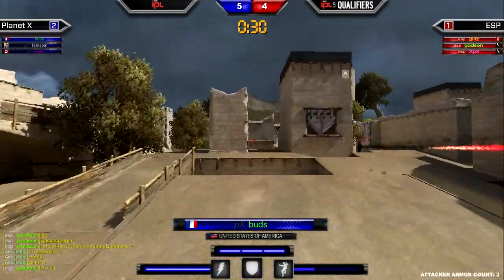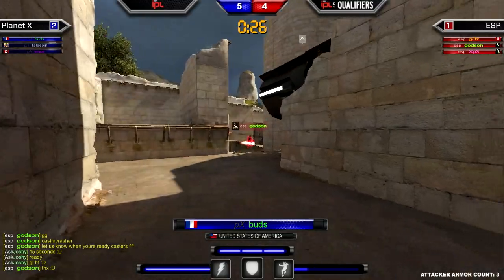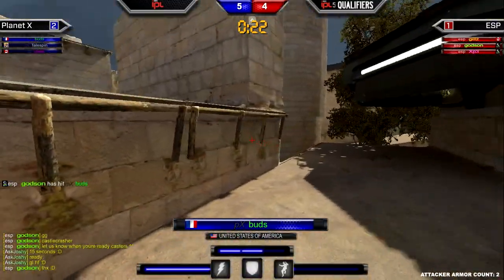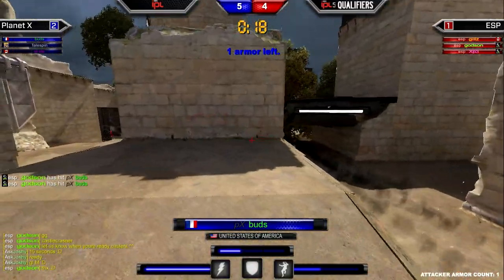Buds starting to roll his way up towards the left-hand side. All right, he's going to continue on here. Godson hopping up, but not getting taken out. Instead, landing that successful rocket. I was thinking a trade would be his best option, but actually landing 2 now puts Buds in a very